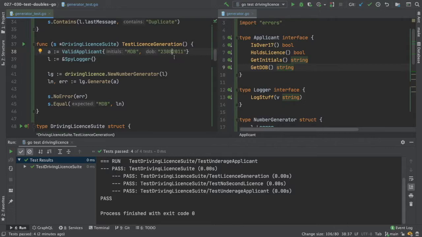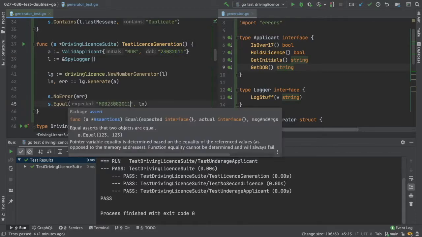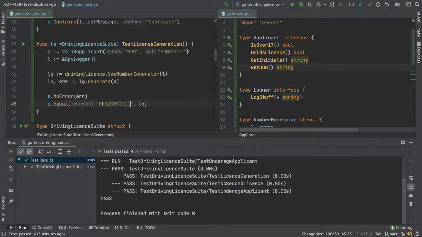So there we go. So now our application should generate a driving license number, which is made up of the initials of the applicant and then the date of birth of the applicant. So if we run that,